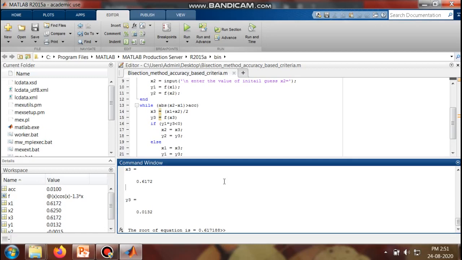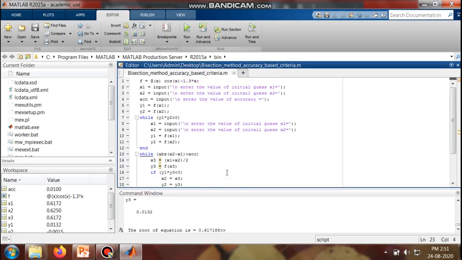So this is how programs for the bisection method using both criteria can be written or designed in MATLAB, and based on this you can find the answer for the approximated root as the same as the exact root. The only thing you have to check is the number of iterations or the criteria which is asked or specified by the end user. Till that you can perform this method and then you can stop.